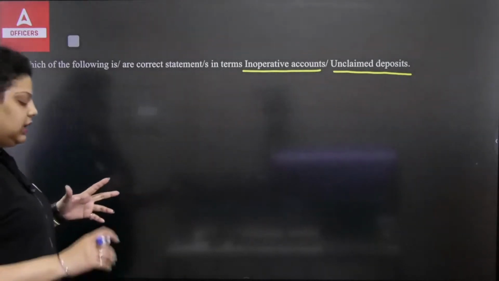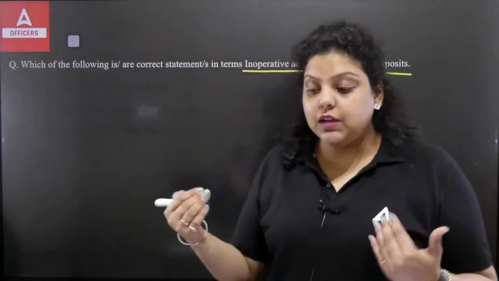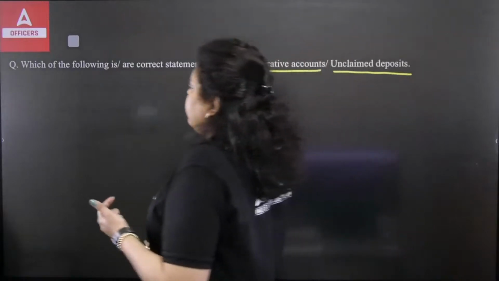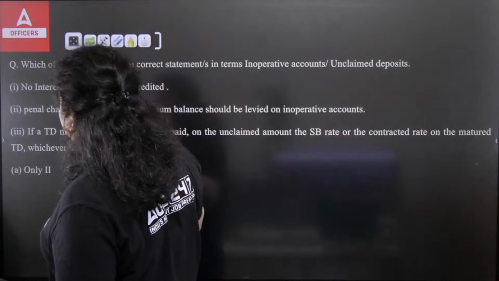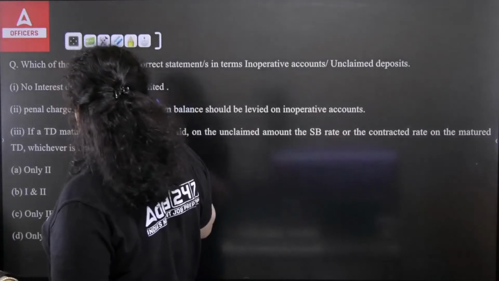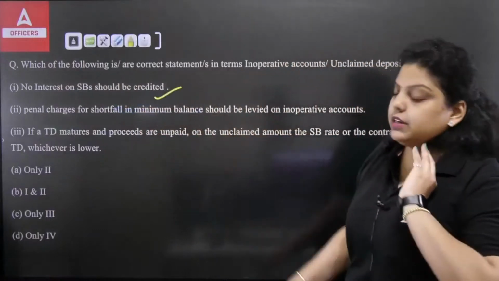So, let's say for example, I opened an account in a bank and I will obviously take a withdrawal from my account. Now, if I have deposited a certain money but I am not claiming that money, I am not asking for withdrawal, in that situation, which statement will be true? First, no interest on savings bank should be credited. Second,